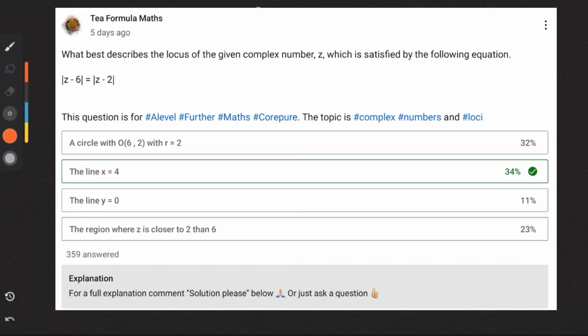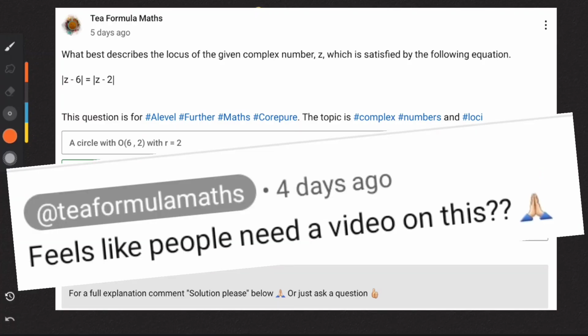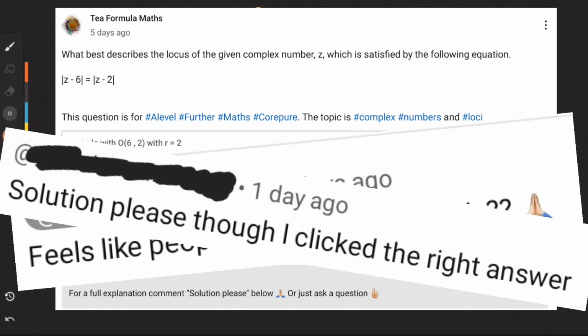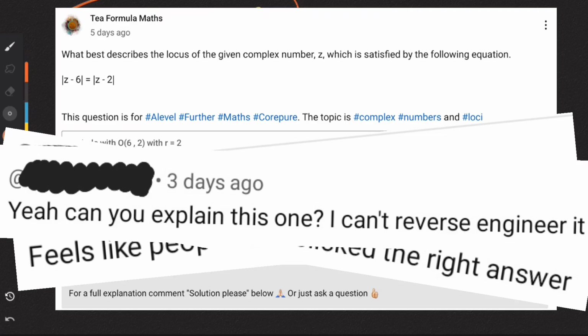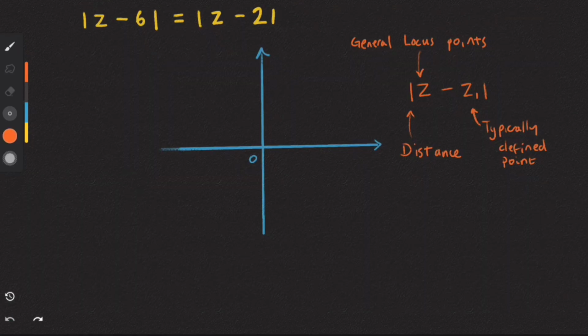So my channel has a question on Argand diagrams, which are ways that we represent complex numbers, which are different from ordinary numbers. And some background. Here's the question. If we read it from a learned standpoint, we can see on the left that we have some locus, and we can see it's away from a particular point, and we're talking about the distance away from that point because of the modulus brackets is equal to